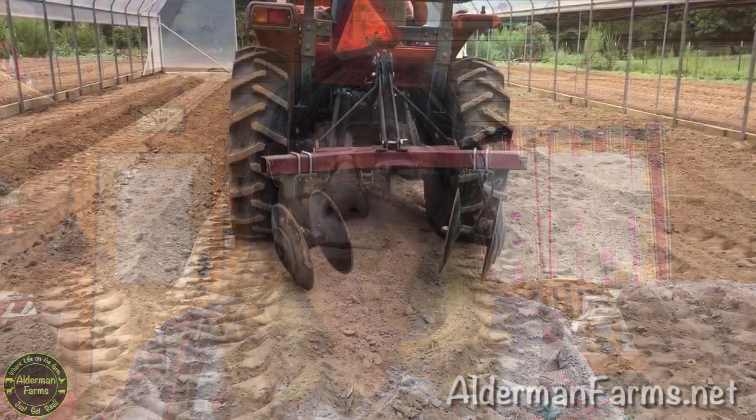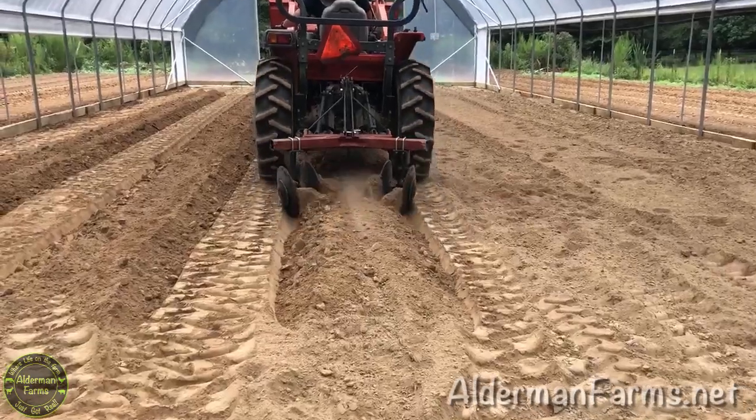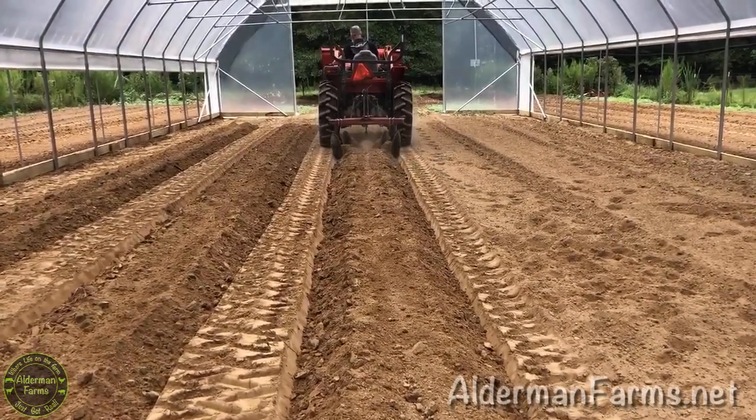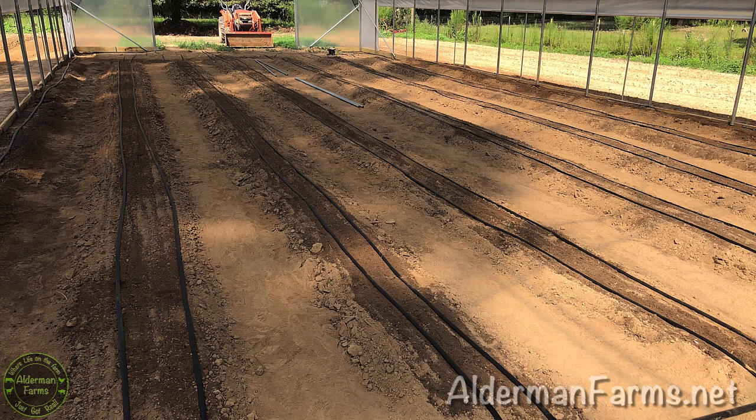When we started out, we did bring our tractor in. We have the two big doors on the ends, so we brought our tractor in and made permanent beds. The tractor's not been back out there. We probably used the tiller to help break up the soil a little bit more on our rows, but we have not had the tiller back in there, except for when we made some boxes in the back of the high tunnel. We did use the tiller to till that ground and to rake up, but we didn't bring in any soil for our high tunnel. We used our existing soil that was there, put it into rows, and then put our drip irrigation down, and this will be our third year